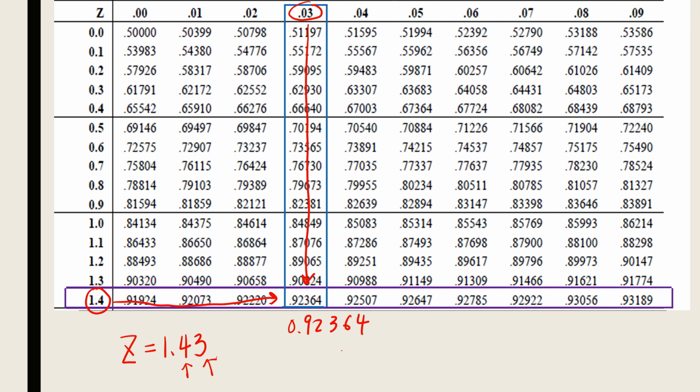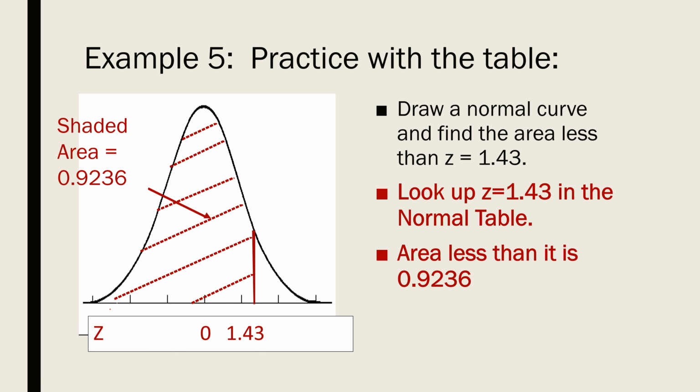In your exam, you may need to enter this number, or I will design a multiple choice. Then you just select the correct option. So the area from negative infinity to z equals 1.43